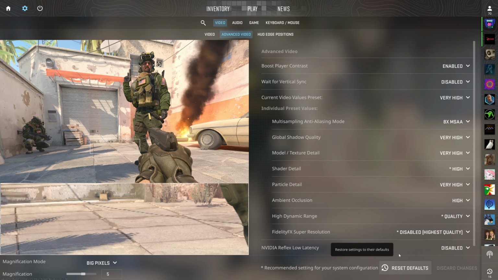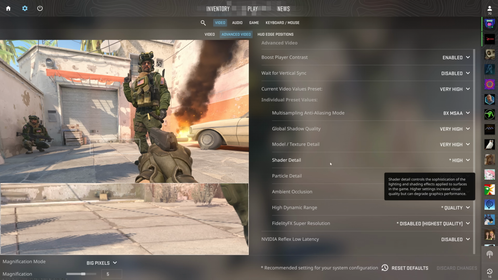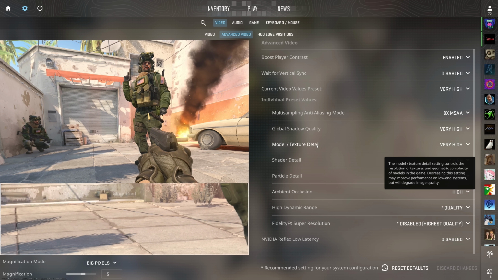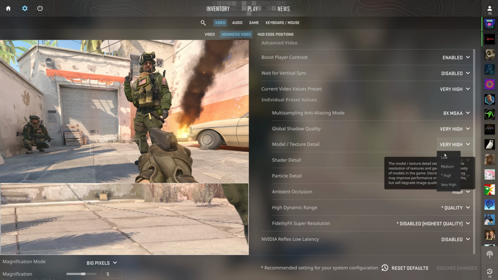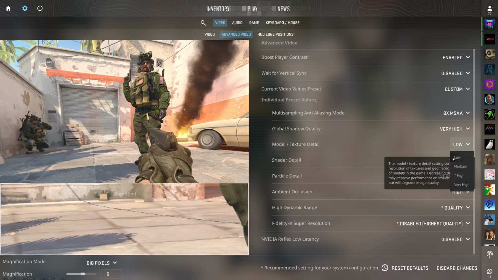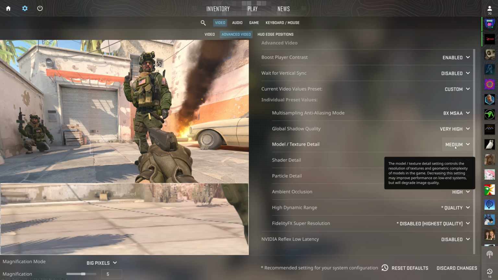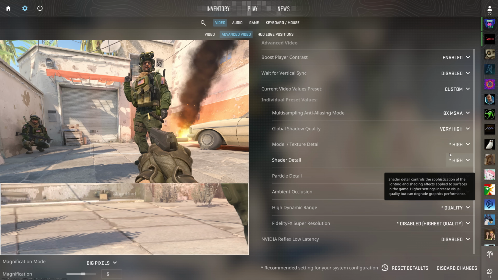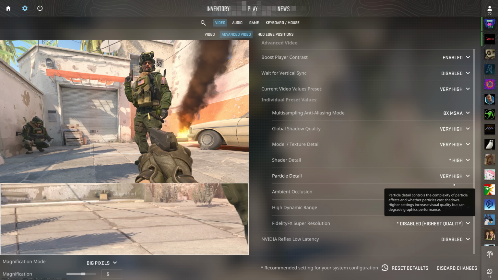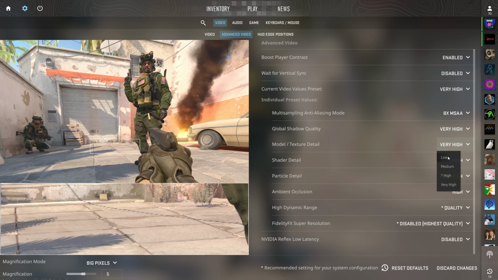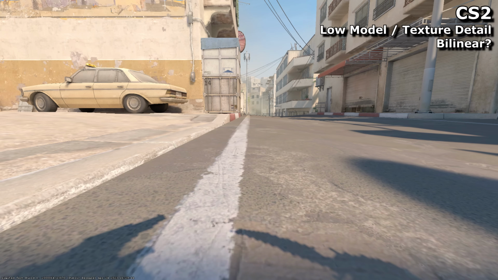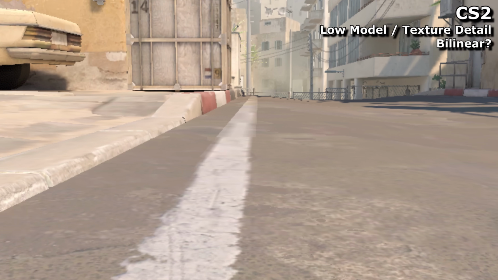At this point you might be asking, what's the difference between texture filtering and texture quality? It looks like they're two of the same thing, and in a way they are linked. Which might be why Valve has made the decision to do away with texture filtering as being an option you can choose for yourself. It's now just part of the texture setting. Low preset is very clearly using bilinear filtering because the transitions between the different qualities look awful. As a believer that highest preset should turn everything up to highest, I suppose I should support lowest preset setting everything to lowest, but bilinear seems like such an unnecessary compromise here in 2023. Prisoners have been treated better.